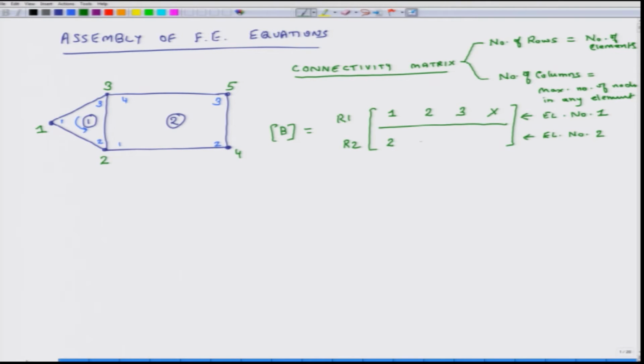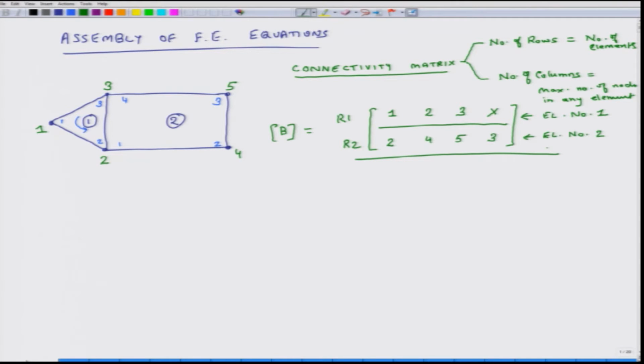The second local node is 2, corresponding global node is 4. So, the second one is 4. The third local node is 3. Oh, I am sorry, local node number is 3 and the corresponding global node number is 5, and the fourth local node number is 4 and the corresponding global node number is 3. So, this